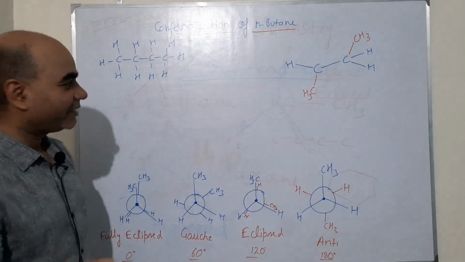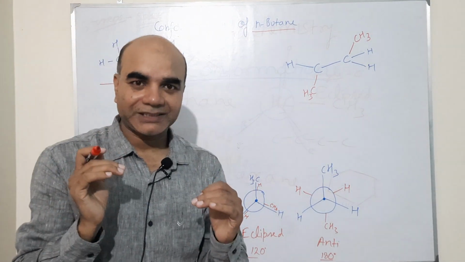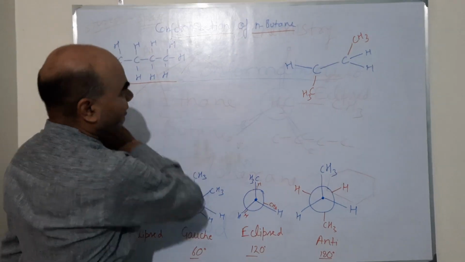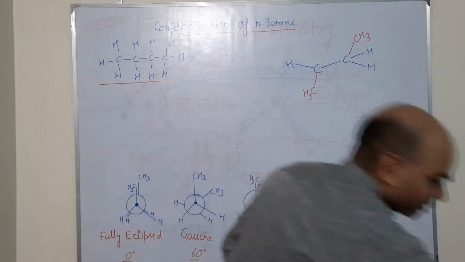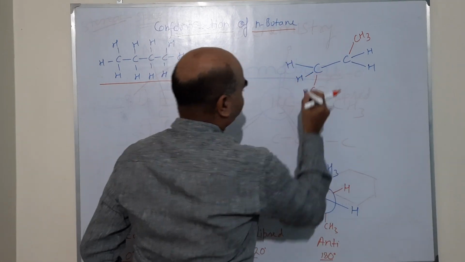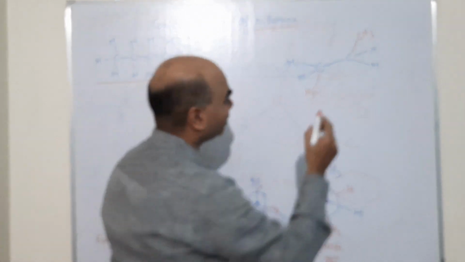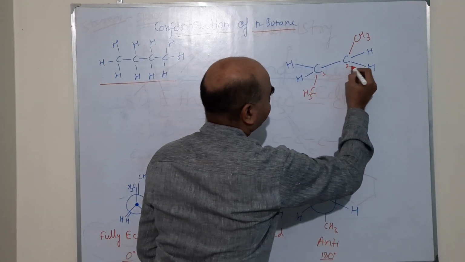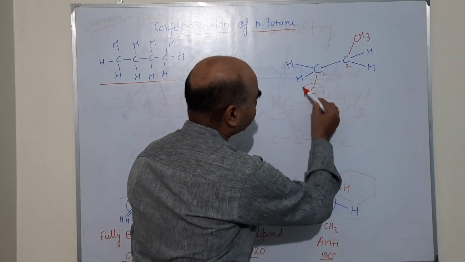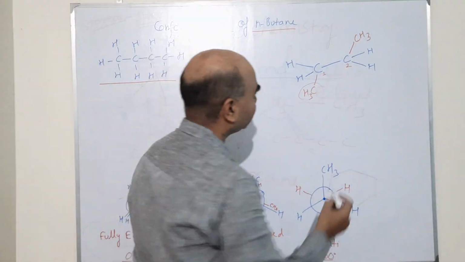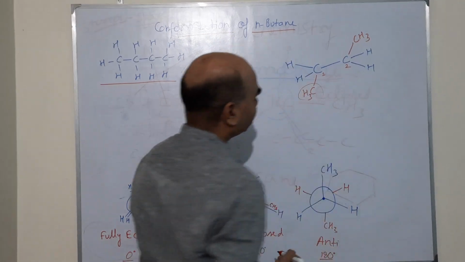As you already know, N-butane is a molecule containing 4 carbon atoms attached in a single line. We can draw the structure of N-butane like this. Here there should be one more hydrogen. So here we have 2 carbons, and we will see the rotation along this bond, carbon 1, carbon 2. The difference from ethane is that here we have one methyl group instead of hydrogen. So one methyl group is attached to carbon 1 and another methyl group is attached to carbon number 2.